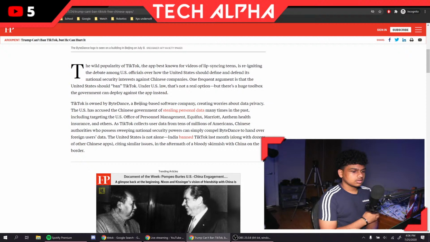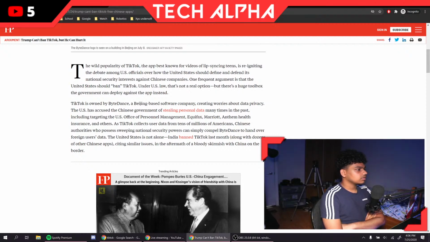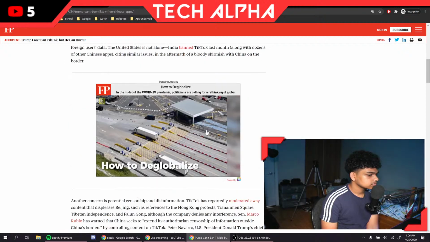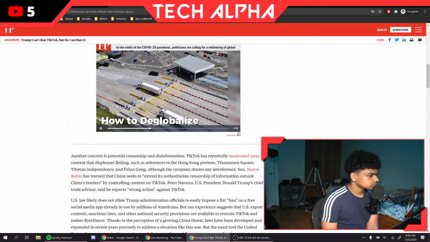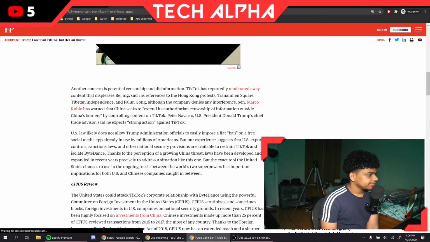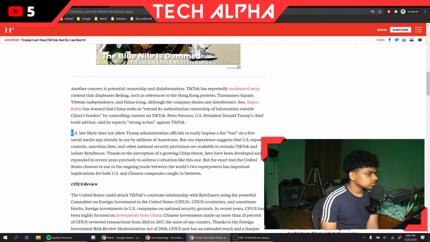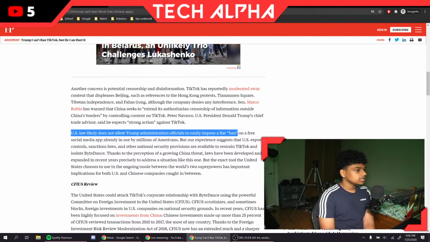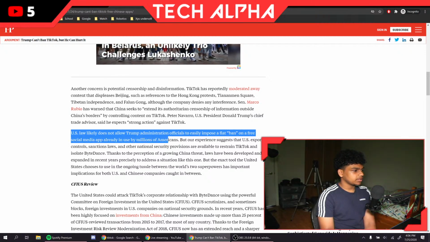Okay, let's look at this. Let's see the raw popularity, blah blah blah. U.S. law likely does not allow Trump administration officials to easily impose a flat ban on a free social media app already in use by millions of Americans.